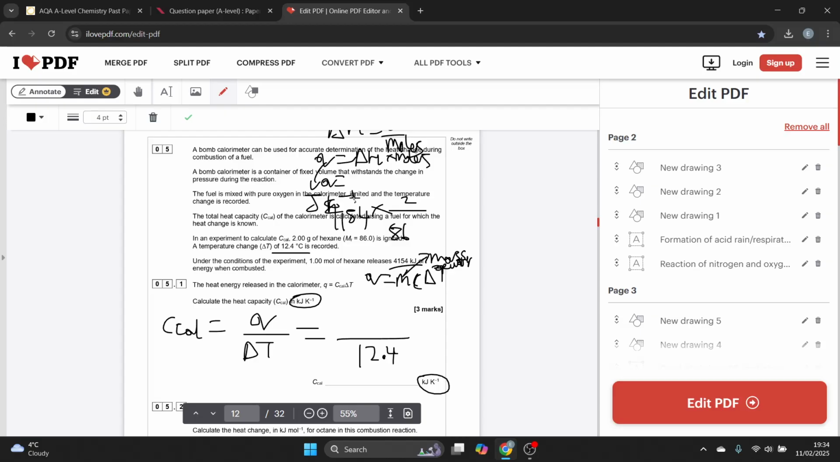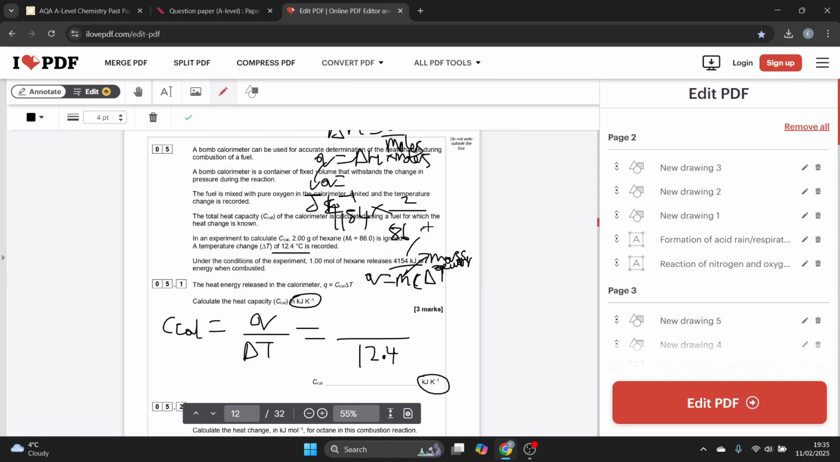I shouldn't get 10 by 10 to the power minus 3 though. So maybe we've done something wrong. So 4154 times by 2 divided by 86. Then divide by 1000. And then do my answer divided by 12.4. What's wrong? What did I do wrong? Oh,